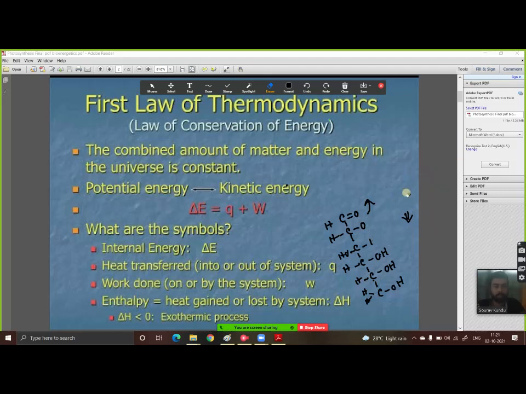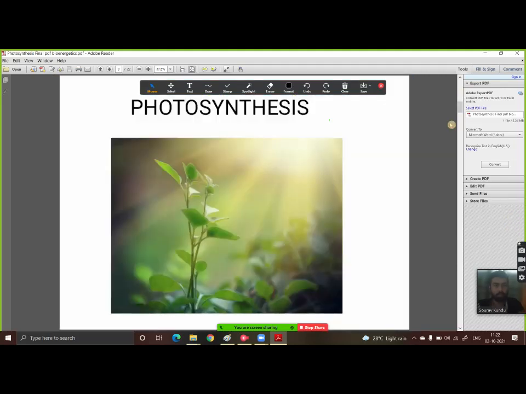Now, when we go to the second part, the second slides, we will be starting the photosynthesis chapter, that is, how the light energy or the solar energy is converted into chemical energy, that is ATP, and then how this chemical energy is converted into static energy inside the glucose molecule. So we have started the photosynthesis chapter.